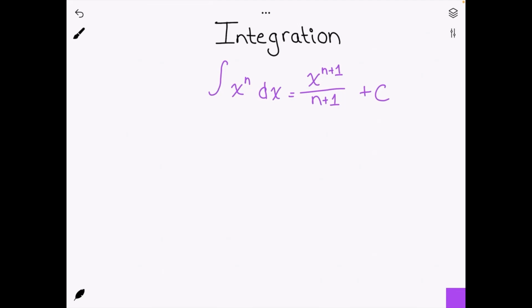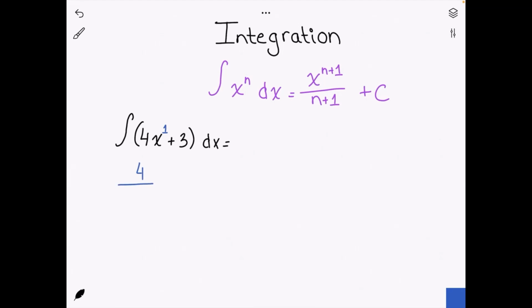Integration. The rule of integration is x to the power of n dx is equal to x to the power of n plus 1 over n plus 1 plus c. This is indefinite integration because it doesn't contain numbers. Indefinite integral of 4x plus 3 dx is equal to, first we're going to start with 4. So here there is no number, so it's 1. So 4